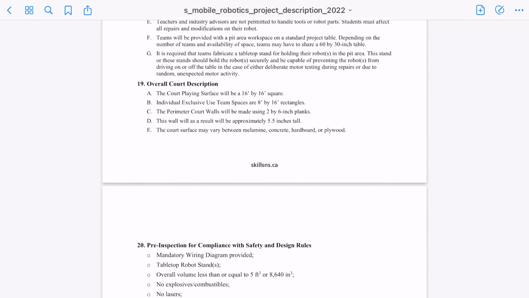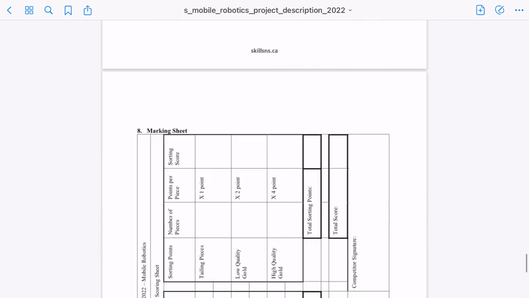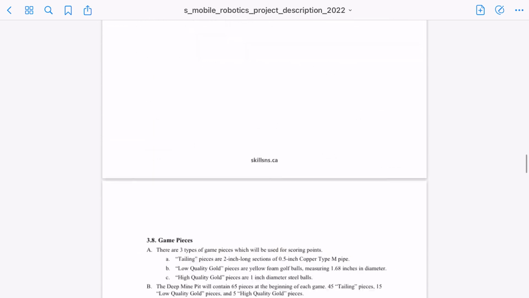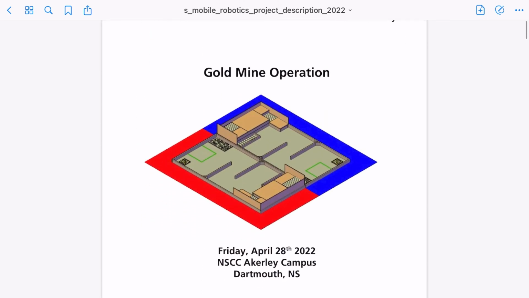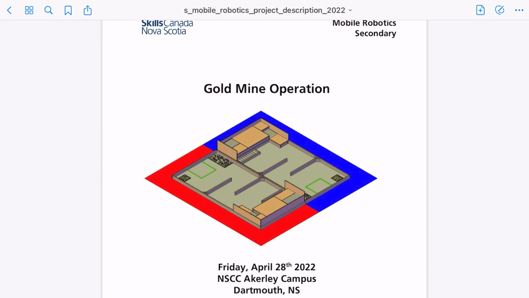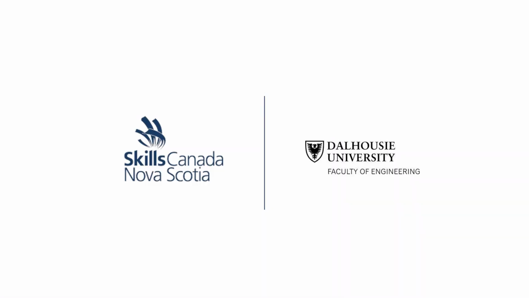Just give it a good read, maybe 3 or 4 times before you start brainstorming. You really want to understand the ins and outs of this gold mine operation so that you can know little tricks and different ways to maneuver the course, different workflows. Try out different strategies while you're practicing, and I'm sure you'll have a fun time, and good luck to you. Just remember to practice.